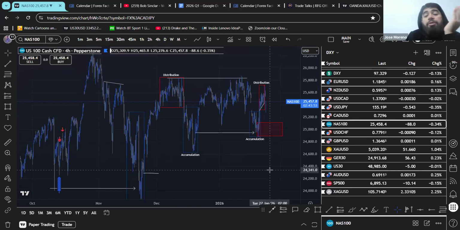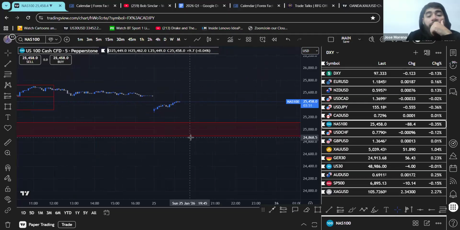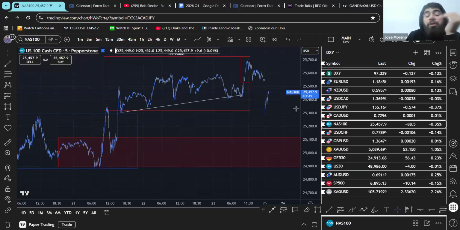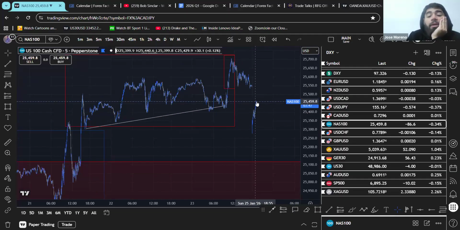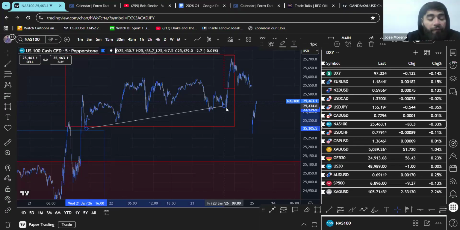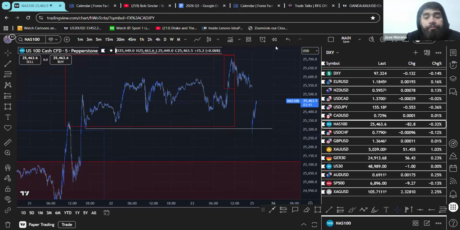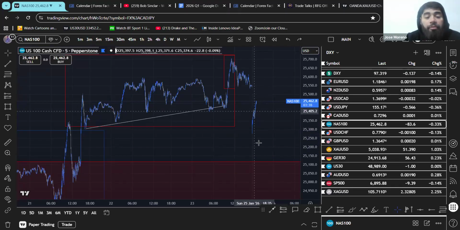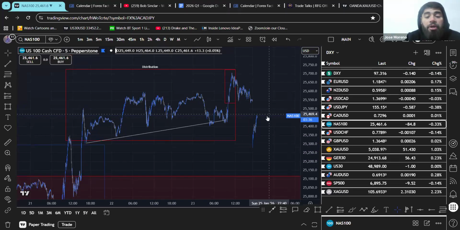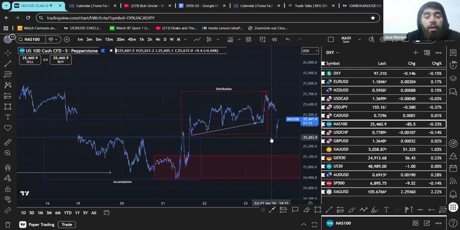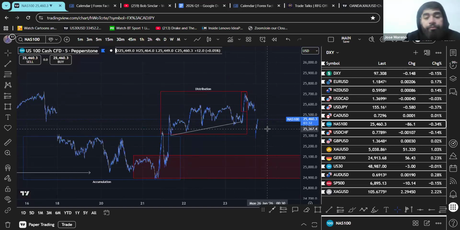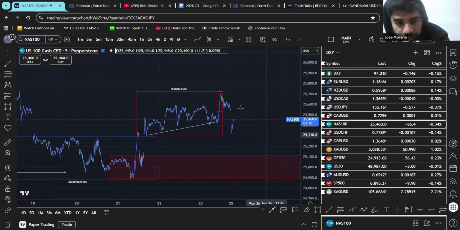So like I said, I'm just waiting for the opportunity to get our bigger time frame sell off, bigger time frame buy up again, right? I hope this isn't the bottom. I don't think it will be. We did take out all the liquidity from the distribution. But at the same time, we would want to see ideally institutional candles down there. So I think we probably will get lower prices. So yeah, maybe you could find sells, but for me, I'm just gonna wait for the buys.